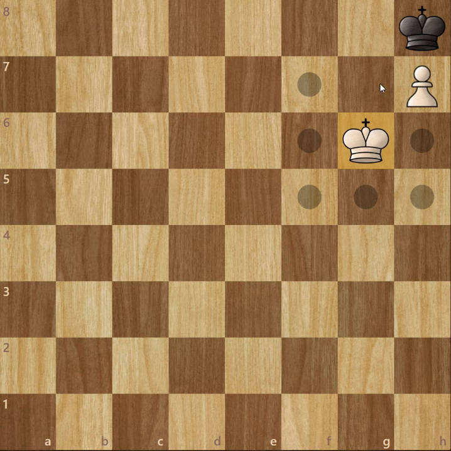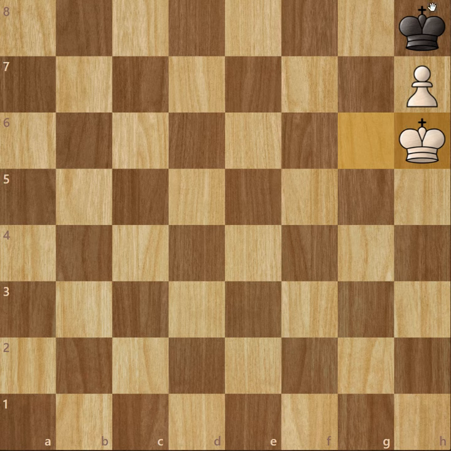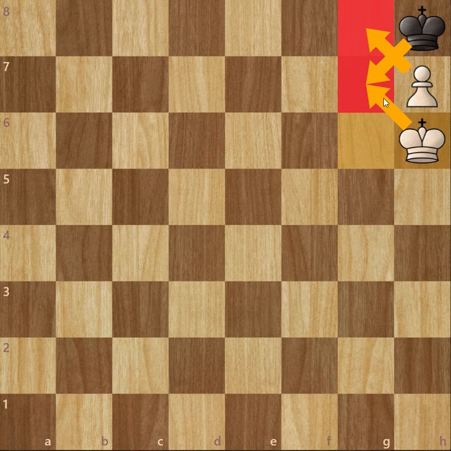So if the king comes here, now it's black's chance, right? Because white just played. So what do you think black can do? Black has no other pieces anywhere, so the only piece he can move is the king. However, this square is covered by the pawn. You remember pawns capture and threaten diagonally. So the king can't come here. The king can't come here because the king guards the square. This means black has no legal moves to play.